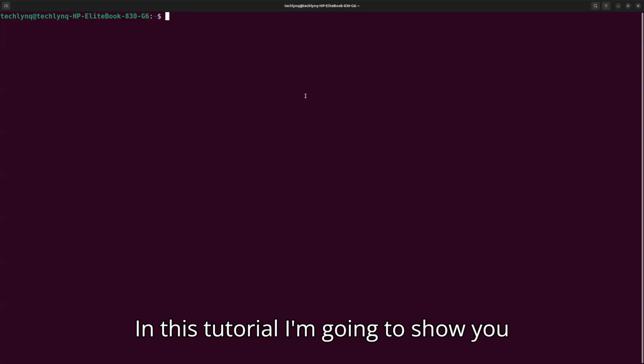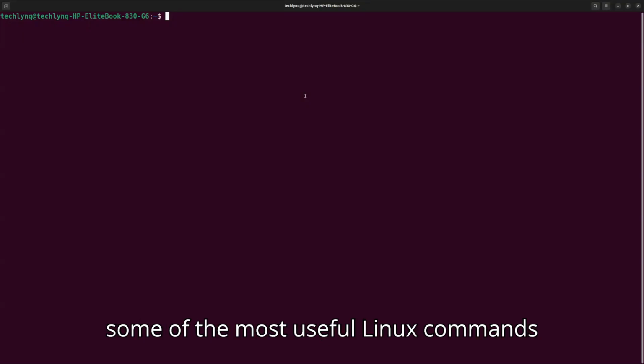In this tutorial, I'm going to show you some of the most useful Linux commands that you need when you're